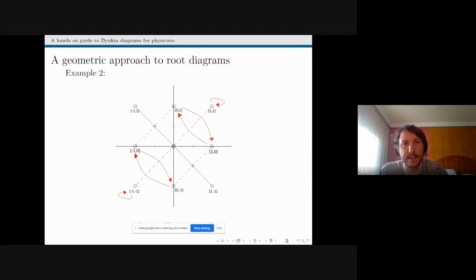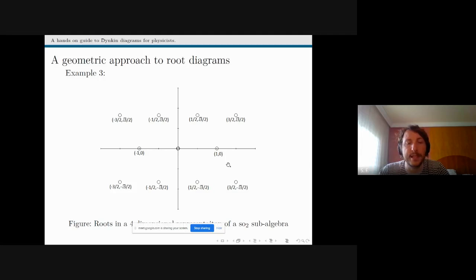Okay, so this is very nice. Let's see if we can go any further. So we've looked at singlet, doublet, and triplet representations. Let's have a look at 4-dimensional representations. So we start again, we draw up our 2-dimensional root diagram, and we start off by writing down an SU2 subalgebra. And then we ask, can we find representations that sit as 4-dimensional representations underneath this SU2 subalgebra? Okay, so we start by adding